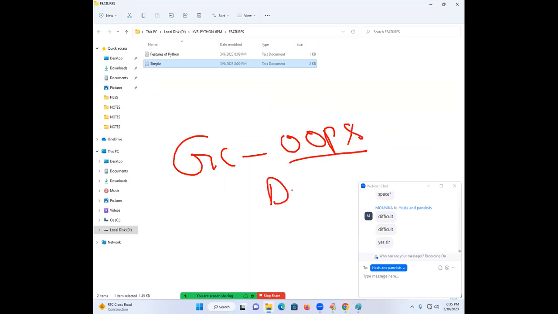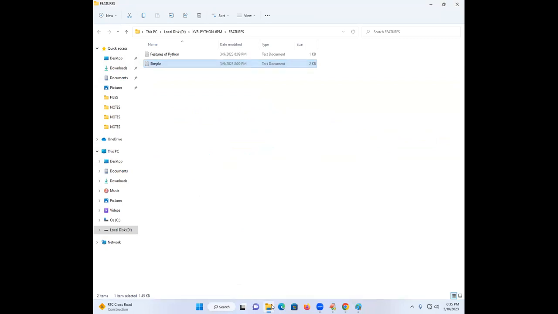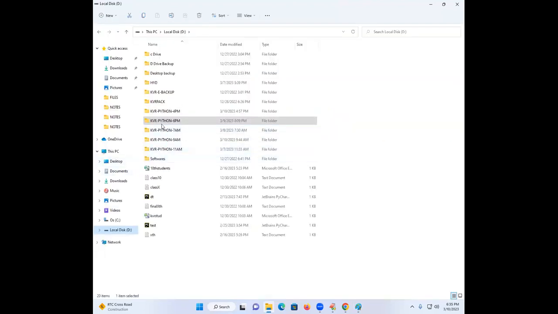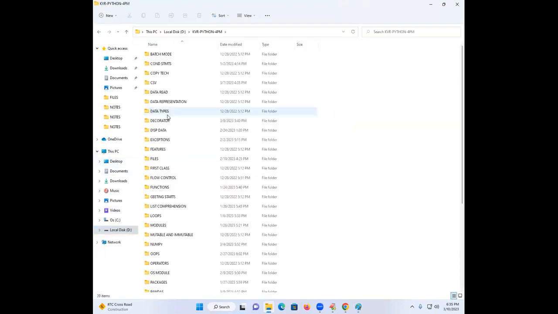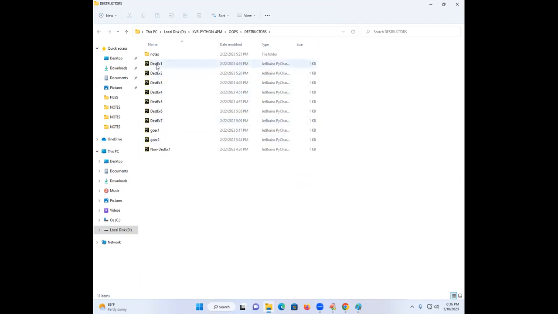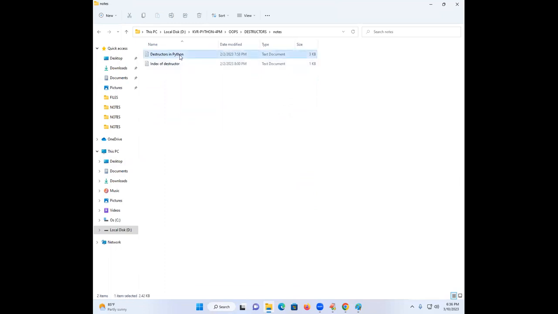This garbage collector comes under OOPS, where there is a topic called a destructor. Under that, I will show you many examples. Because I am showing practical awareness at every moment, you should know what OOPS is, how OOPS is important in real time, and how these destructors are related to my examples. You will see 7 examples.